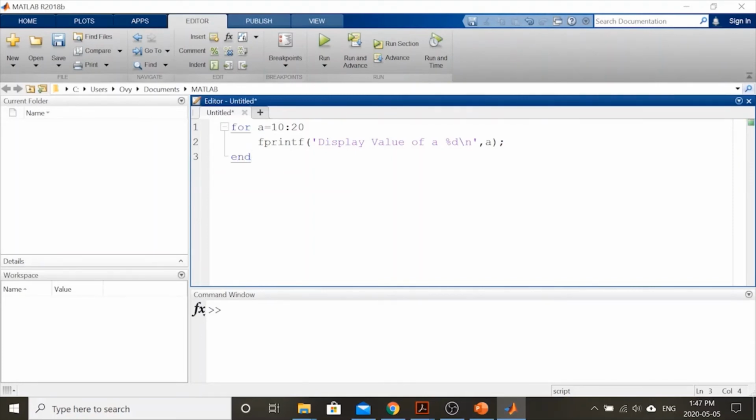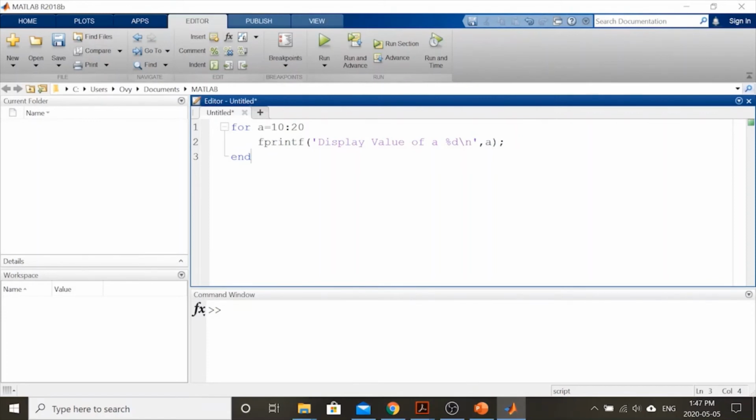So you see here, it's a very simple for loop operation. What we want actually is to execute the values from a equals 10 to a equals 20, print it, see the results, and end. So this is our first M-file as MATLAB scripting we have done,